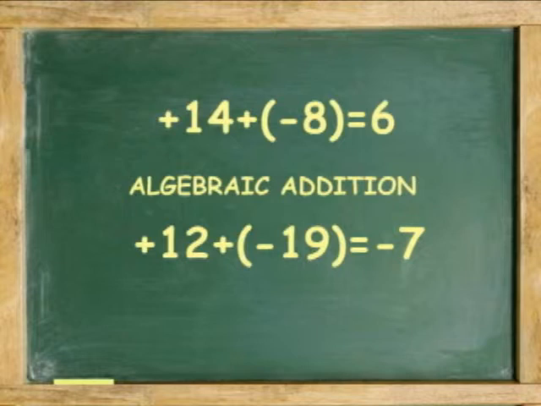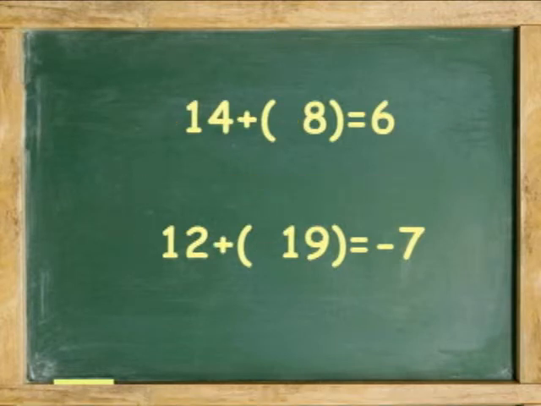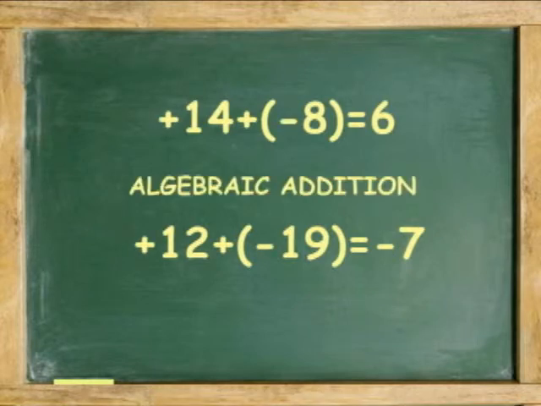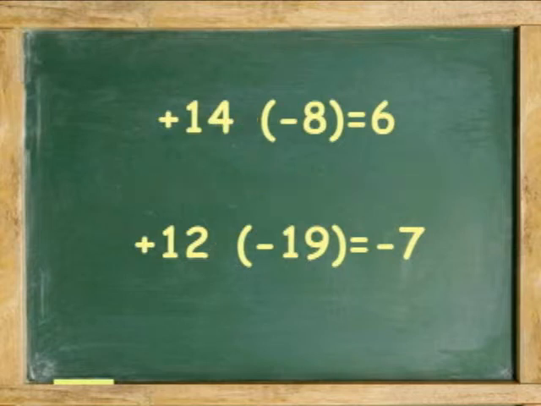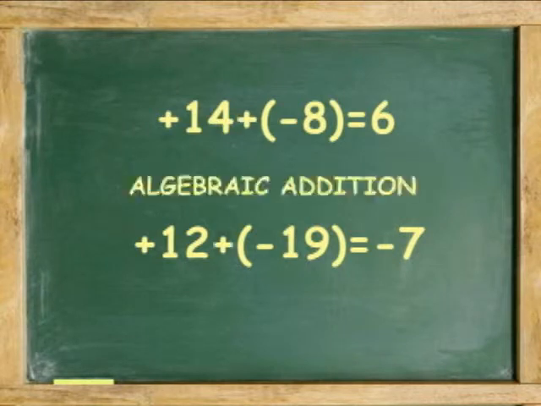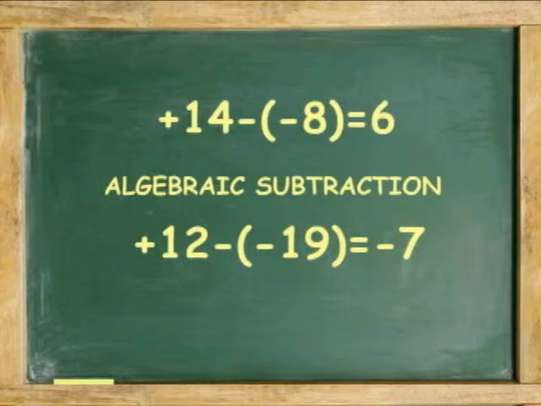What we just did is called algebraic addition. Notice that we are always adding, except that when you add a positive and a negative number, you're actually subtracting. Nevertheless, it is called algebraic addition. Now, if we have algebraic addition, we should also have algebraic subtraction. Algebraic subtraction involves taking away